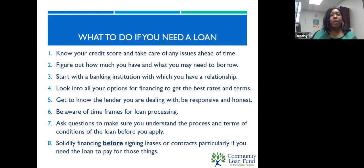So if you decided that you need a loan, here's just kind of the things that you should do and that you should know about as you are pursuing a loan. So first of all, you should know your credit score and take care of any issues that may be on there ahead of time. You can always check your credit score on